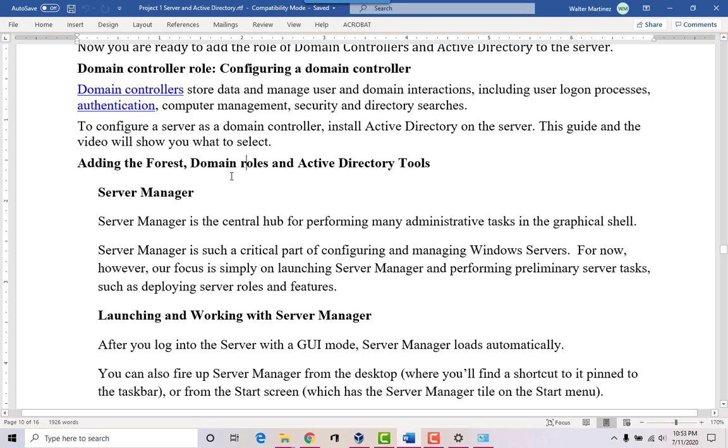You can have multiple servers that communicate with each other and have the same data structure, like all the users, all the computers, all the security between servers, and they replicate the data among all the servers. In our case, we're just going to have one primary domain controller server. We don't need to have extra ones or replicate them. We'll have a domain controller, we'll have a Windows 10 client or workstation that connects to the server and accesses data on the server.